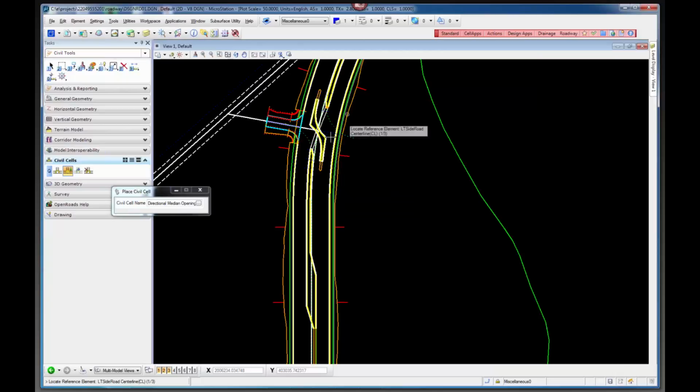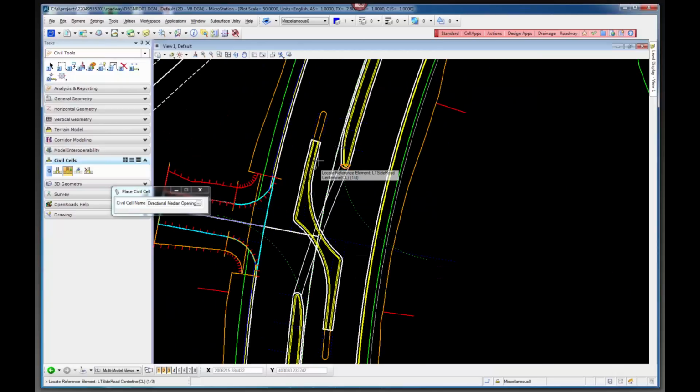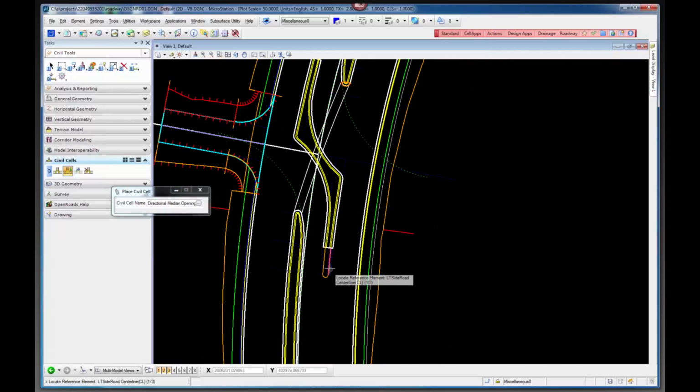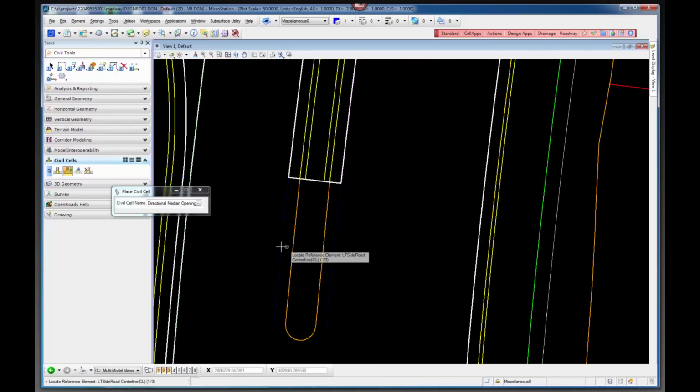And now you have that, and obviously it's being placed on a curve, and everything is curvature, curve linear, if you will. And then all of these blue lines, you'll see there's blue lines here, and there's also blue lines where the traffic separator are. This is how you can adjust this civil cell. So let me